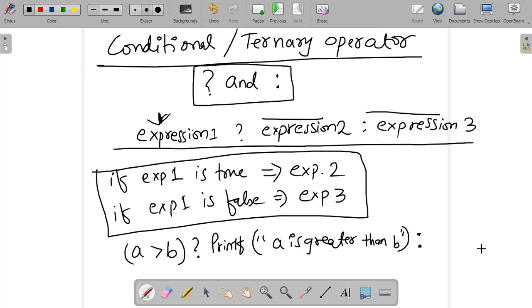So after that, what do we have to write here? Anything that will make this statement false. Just guess. What we have to type here is printf, B is smaller.